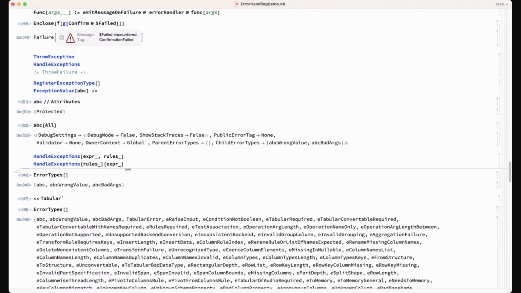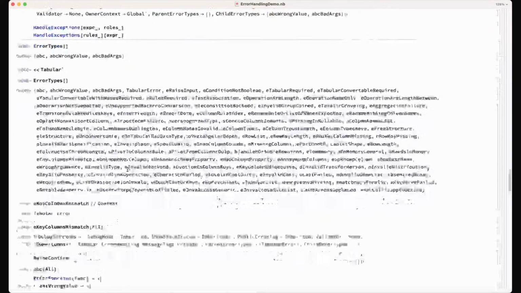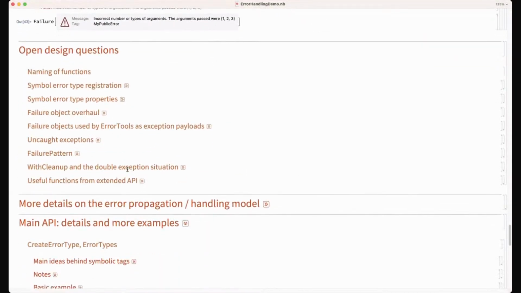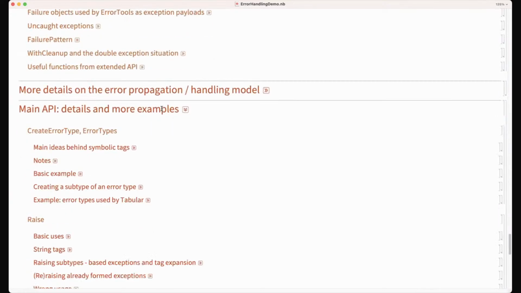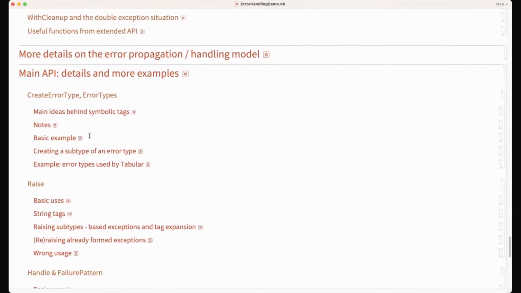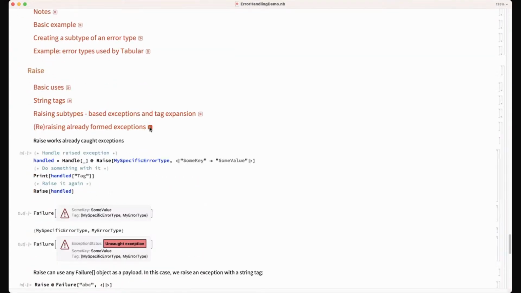So what are the other features of this? Okay, one thing I wanted to show you. These are design questions we can probably skip for now and focus on later. Most of these things you've seen.